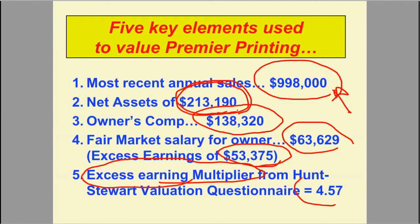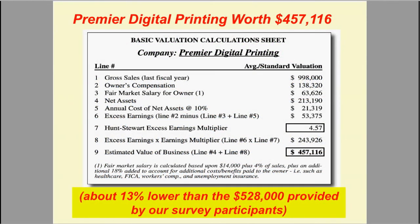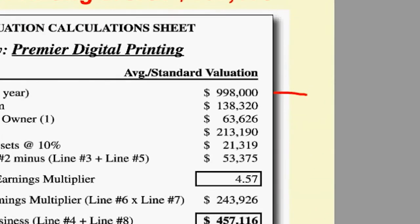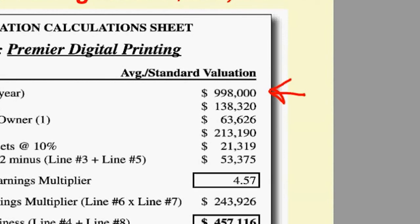They ended up with an excess earnings multiplier of 4.57. Now, we're going to show you how we valued Premier Digital. First of all, we have already determined that it has $998,000. We also calculated, based on looking at their financial statements, extracting out their salary and net profit and country club memberships and a lot of miscellaneous things, that his total owner's compensation was